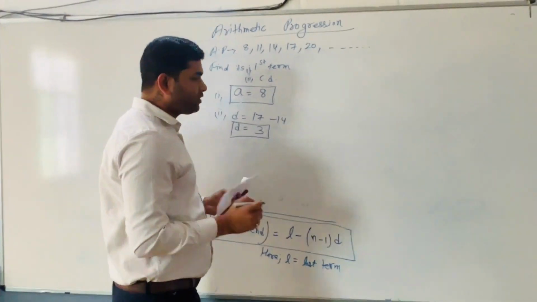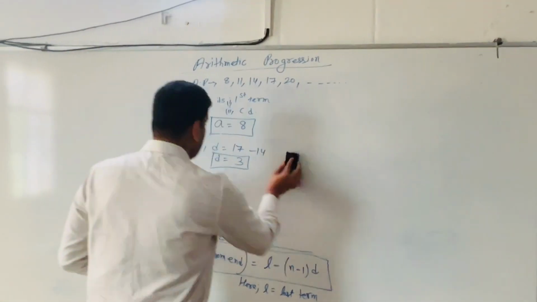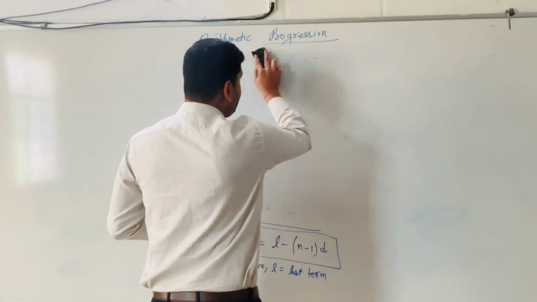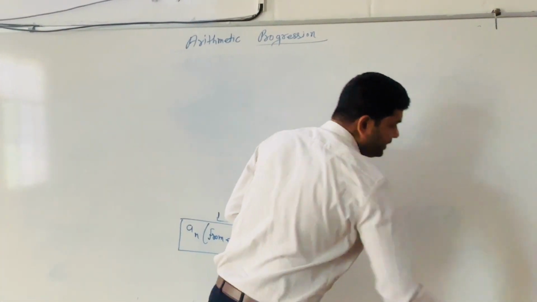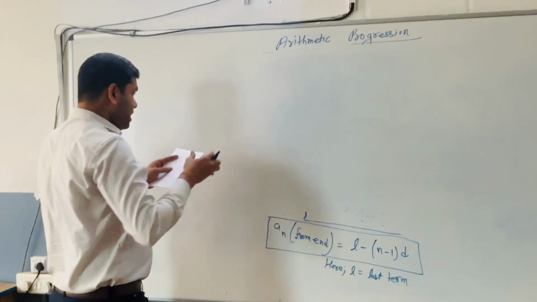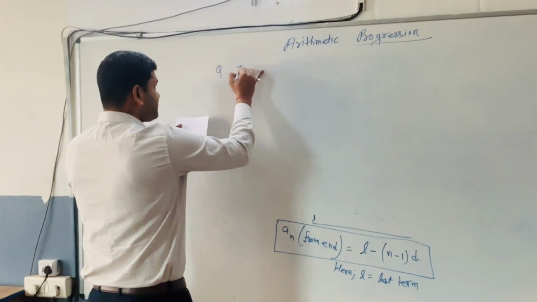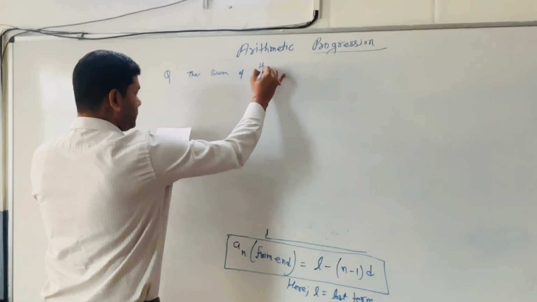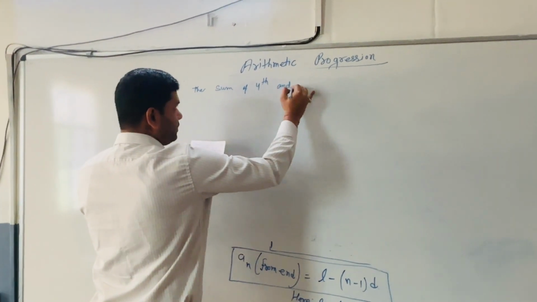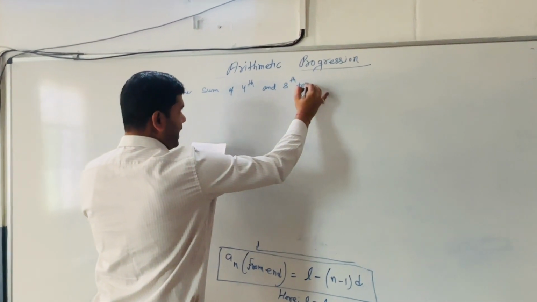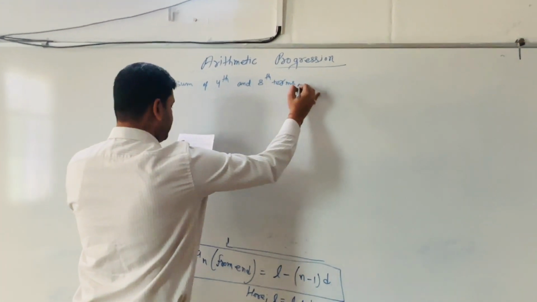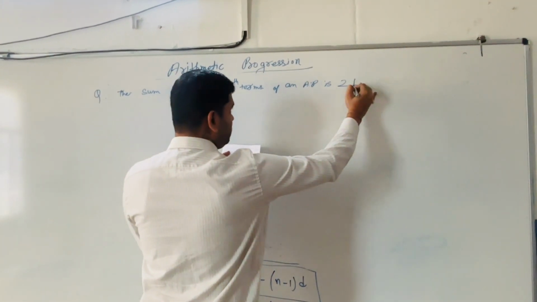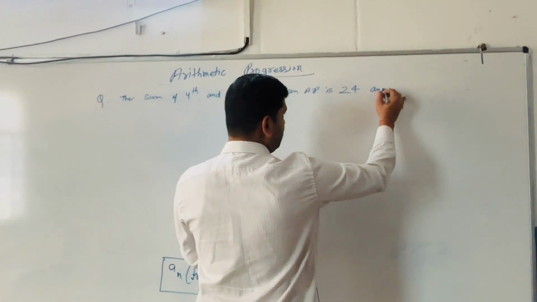Now I am taking the second question. Very easy types of questions are coming from these topics. So all the students, kindly take this topic very seriously and memorize the formula. Now the second question I am taking. The question is given that the sum of the fourth and eighth terms of an AP is 24, and the sum of